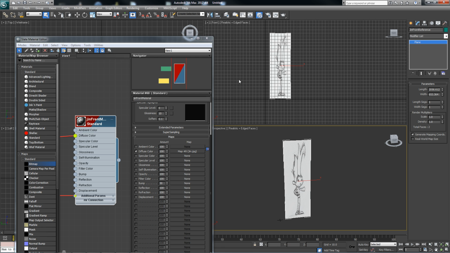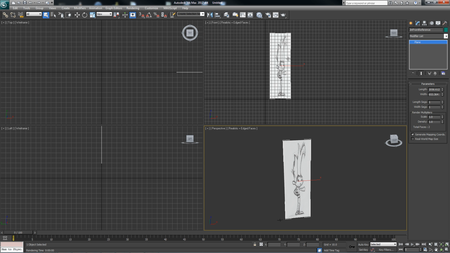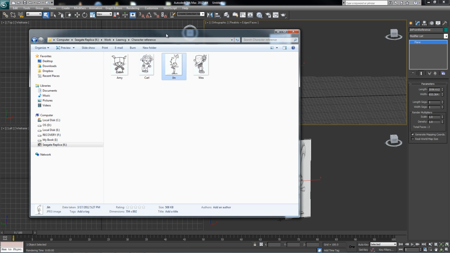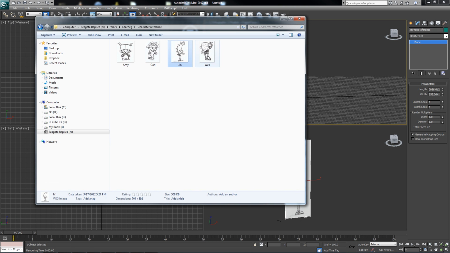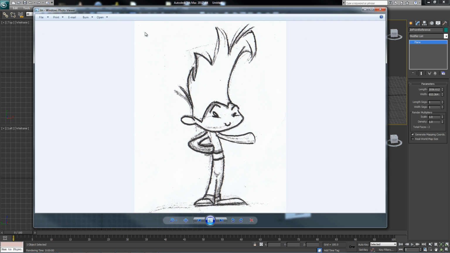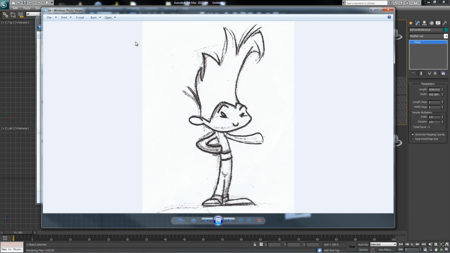Now the next thing that we have to worry about is making sure that the aspect ratio of our plane matches the aspect ratio of our texture. Now this is an easy fix. So if we actually look at the image in an Explorer view, we can see that Windows will show us our dimensions on the bottom, 704 by 892. If you can't find this, you can also view it within any image editor, or if we right-click and preview our image, we can open our image in the